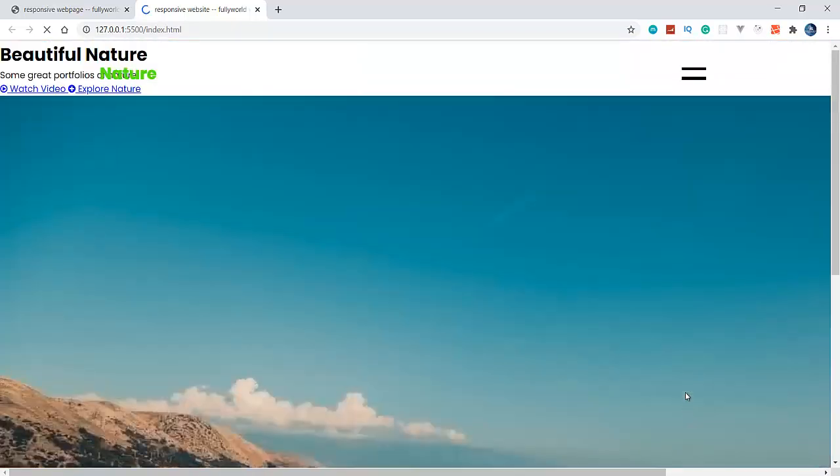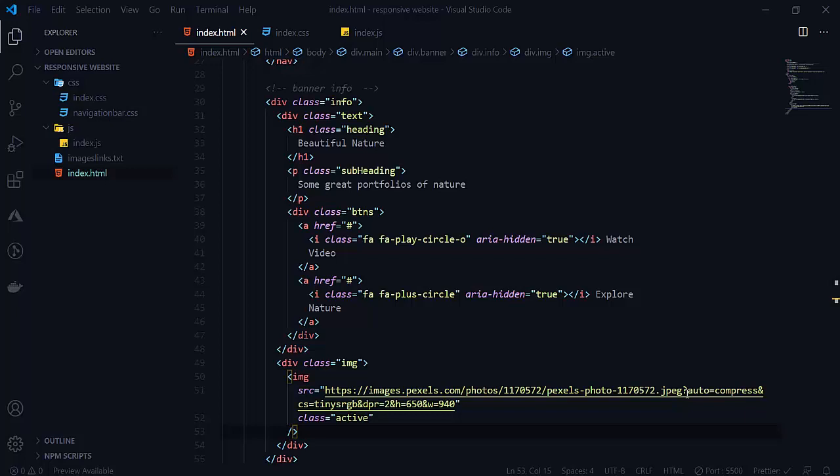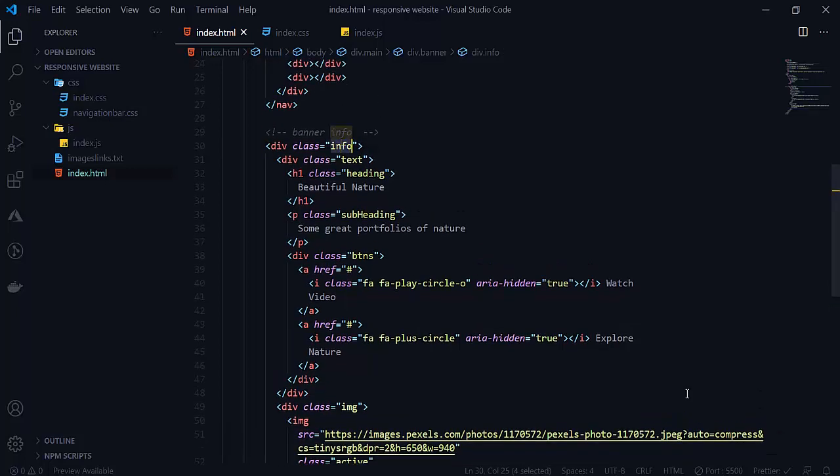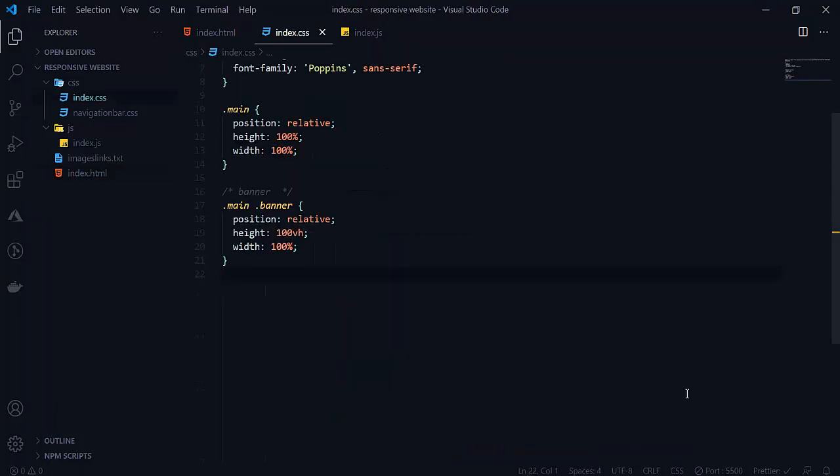So let's apply Flexbox here. Its width is very big. So for the info, copy this, and here will be our banner info, then main, that is under the banner, and then there will be our info.